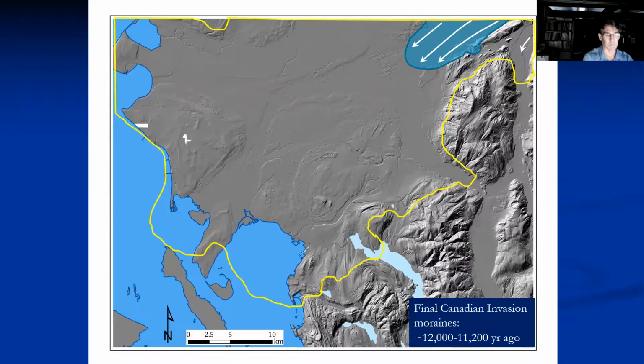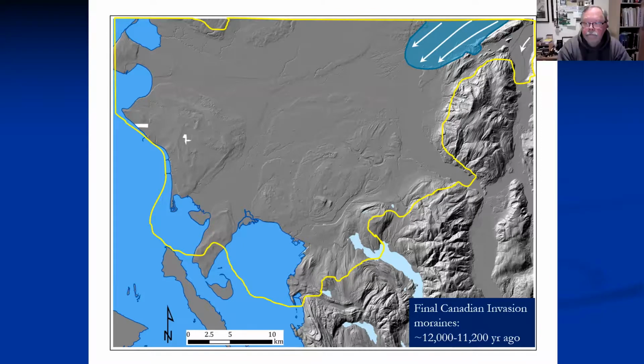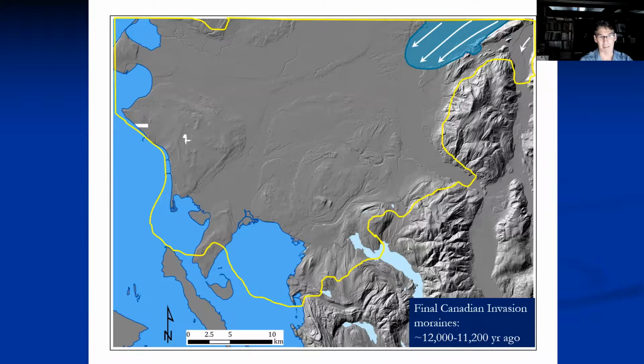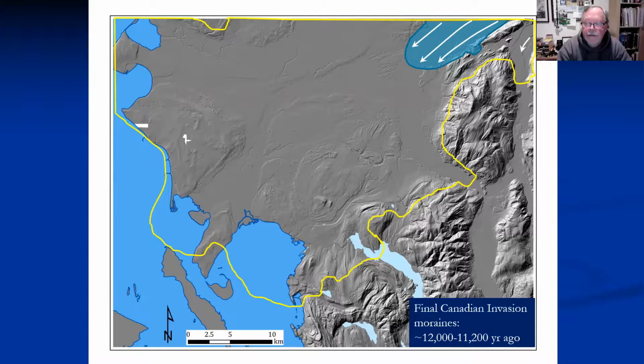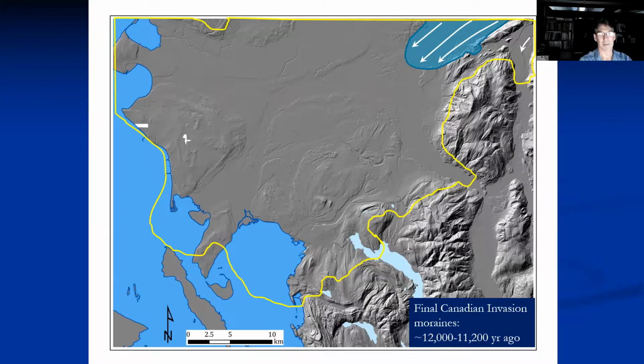And so the thinking is it's closer to 6,000 feet plus, or 2,000 meters or so. But we don't know exactly how thick it was right over Bellingham, just because there's nothing sticking out of the ice down here. And the modeled thicknesses in around Port Townsend are about 4,000 feet or 1,500 meters at the glacial maximum.